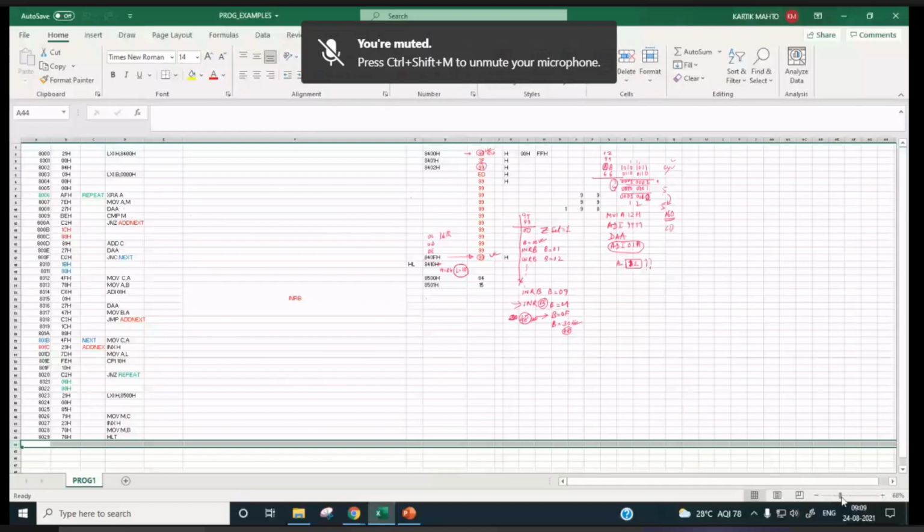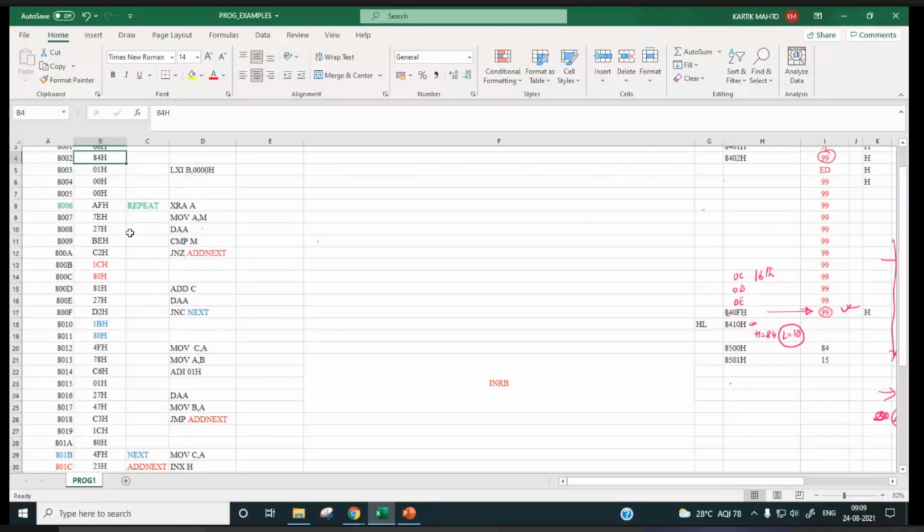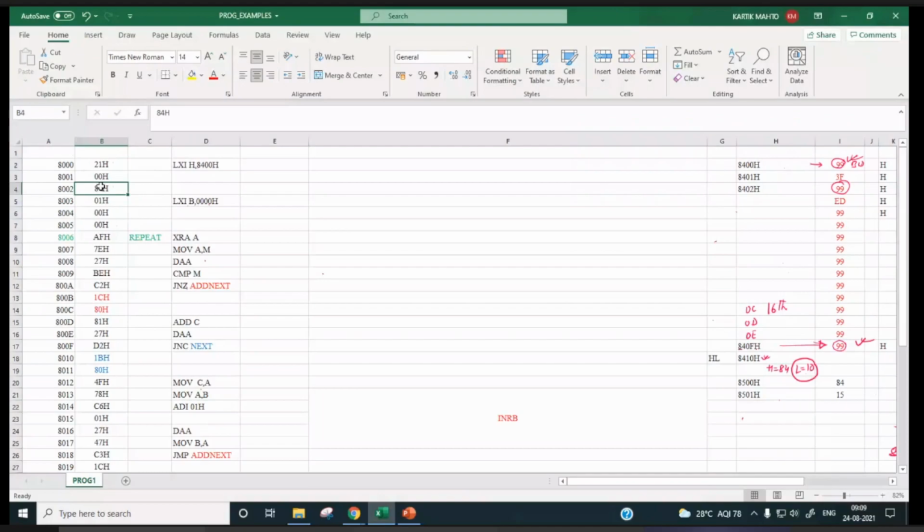It's not right. Like LXI H,8400H, the corresponding opcode will be 21, then 00, then 84, like this. 210084. This way it was decoded also.